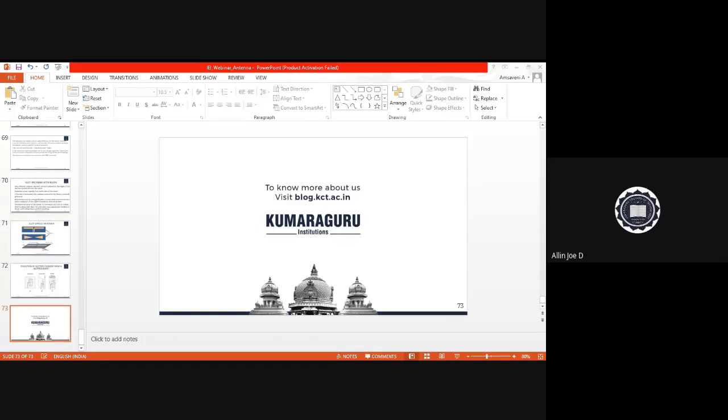Okay, ma'am. What is the operating power required for microstrip patch antenna, ma'am? Operating power. It's a low-powered antenna only. Maybe around 1 watt. So like that. It's a low-powered antenna only. You can operate even at low powers.